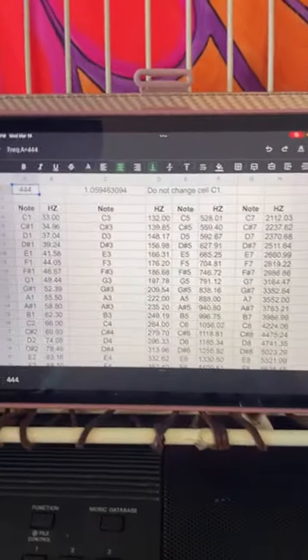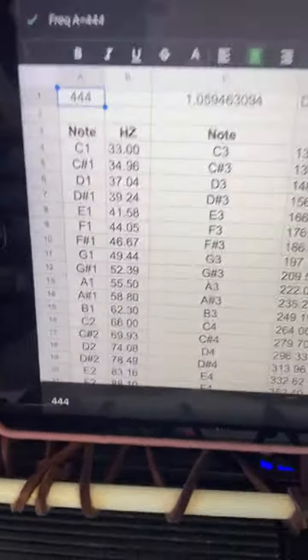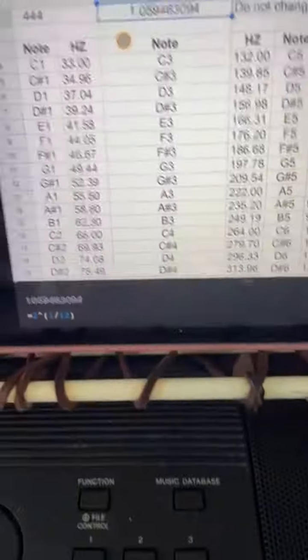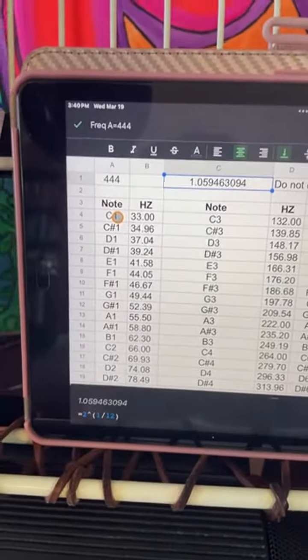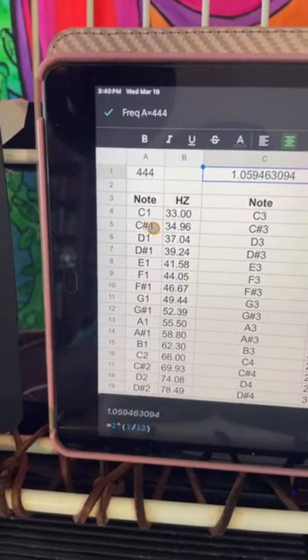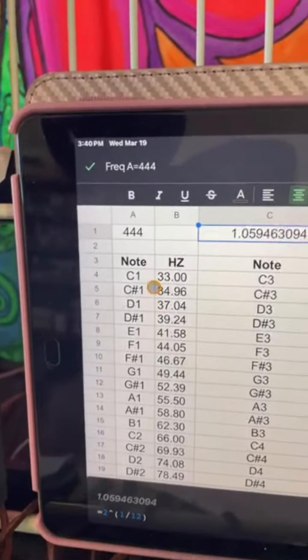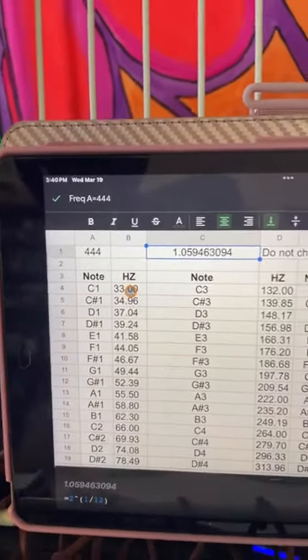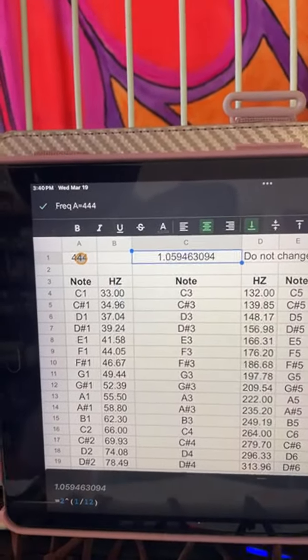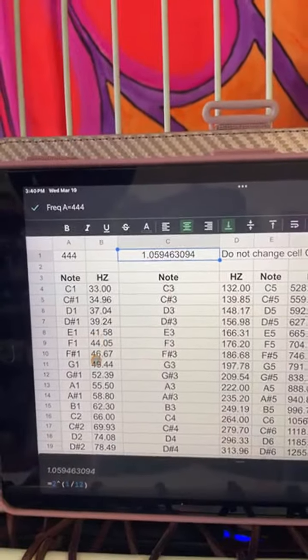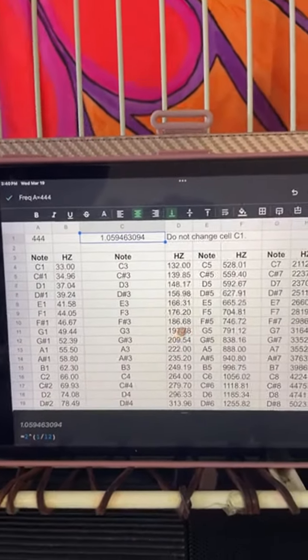And so we're going to geek out on the math for a second, right? So this right here is the magic number, right? Because each time, you notice we got C and then we got C sharp and like so. Each one of these goes up a half step each time, right? And you go up the scale, right? So I got 33 hertz, right? So if I'm tuned, my A equals 444. This is going to spawn off for me all the frequencies of all the notes of all the octaves,